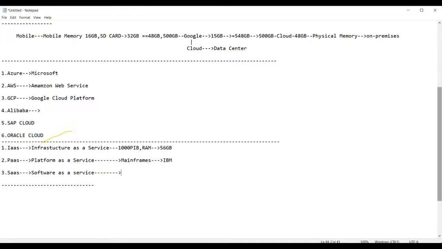And now guys, suppose you require some software. Software in the sense that you require some reporting software or some analytical software, such as Power BI, or suppose you require Cognos.